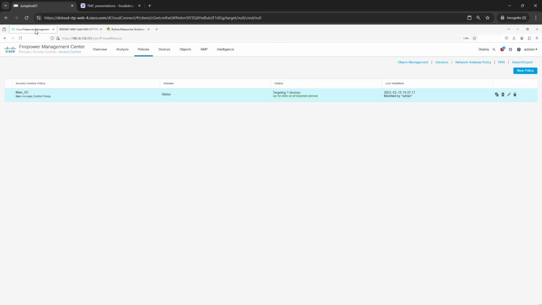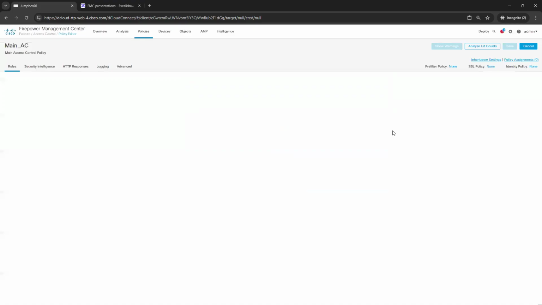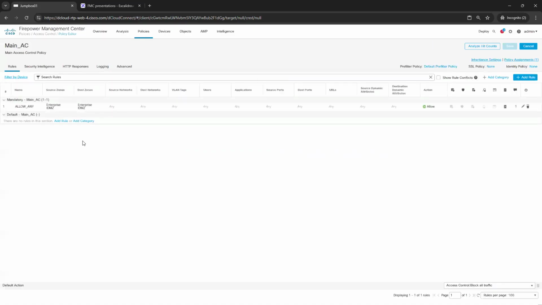I can go back here. What I want to do here is edit this access policy. Later on, we'll discuss more about this access policy. This access policy is the glue that defines how you want to access within different locations, within different zones. So in this access policy, if we go and click edit,